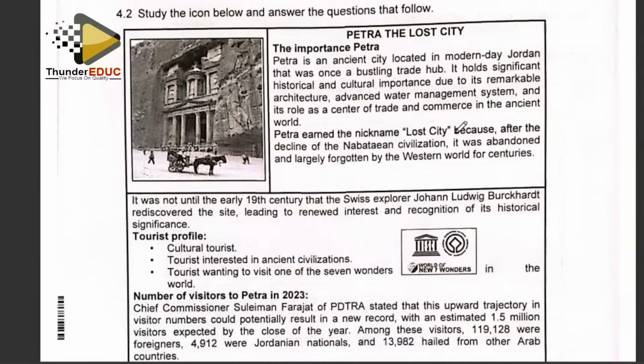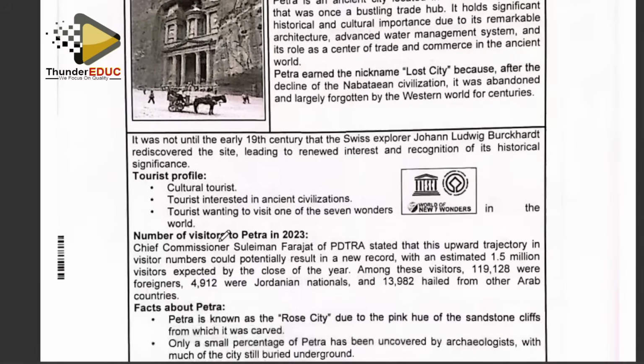It is not until the early 19th century that the Swiss explorer Johann Ludwig Burckhardt rediscovered the site, leading to the renewed interest and recognition of its historical importance. Tourist profile: cultural tourists interested in ancient civilization, tourists wanting to visit one of the 7 wonders of the world. The number of visitors in Petra 2020 are 3. The Chief Commissioner Suleiman Farajat of PDTRA stated this,